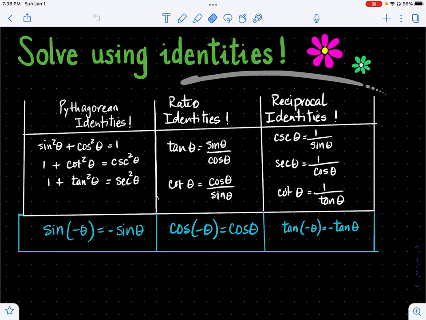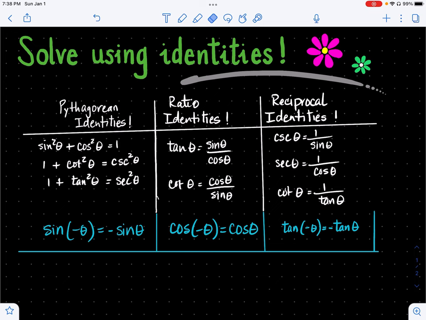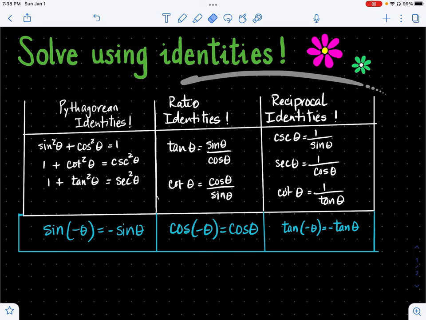Now, my previous two videos, the last video was proving these identities. I've made a table of all the possible identities that we're going to be using. But in the previous video, I proved them all, or I showed how they're derived. You will not be tested on how they're derived, but we're going to be using these identities to prove some other